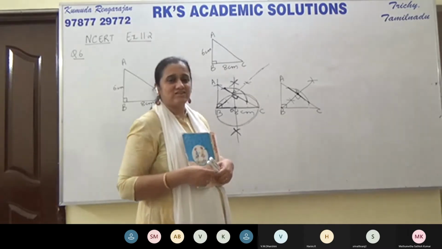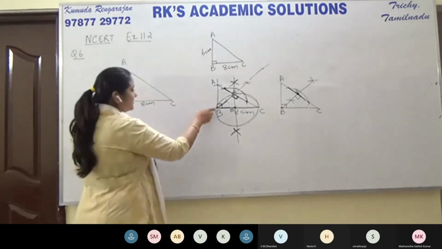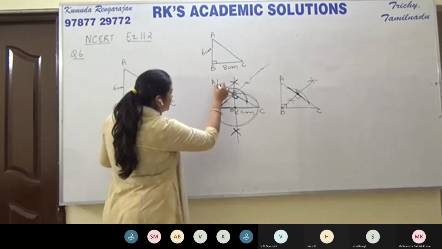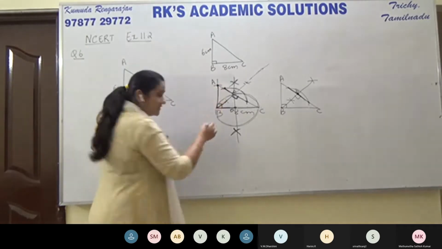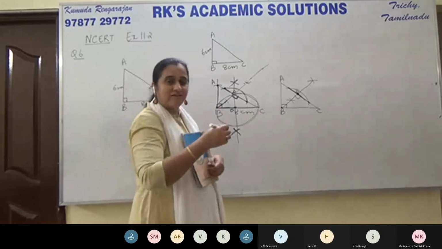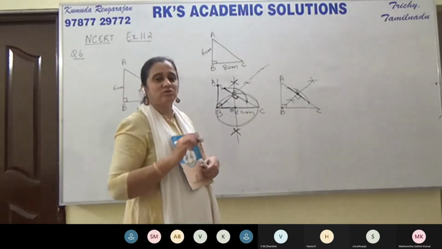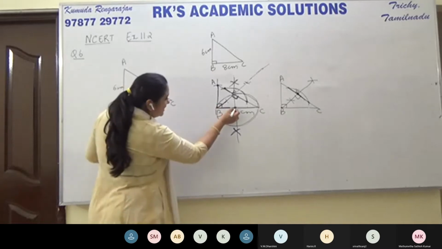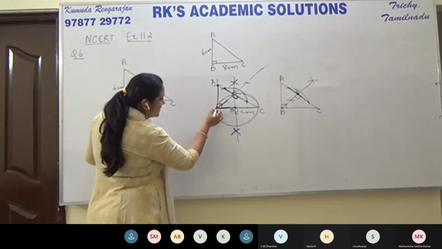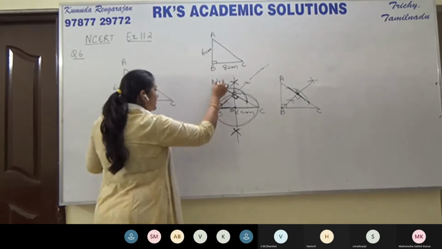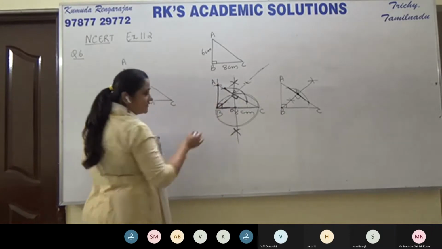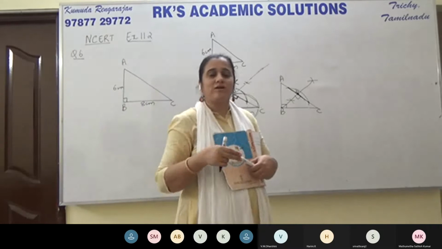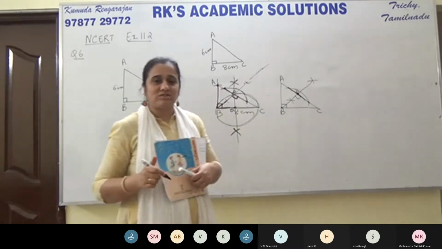We already have 1 tangent and that tangent is AB, because A is the external point. This side AB of the right triangle already acts as a tangent to the circle. Why? Because you can see OB is the radius, and this line makes 90 degrees with it. That means it's a tangent, because we know that the radius and the tangent at the point of contact are at right angles to each other.